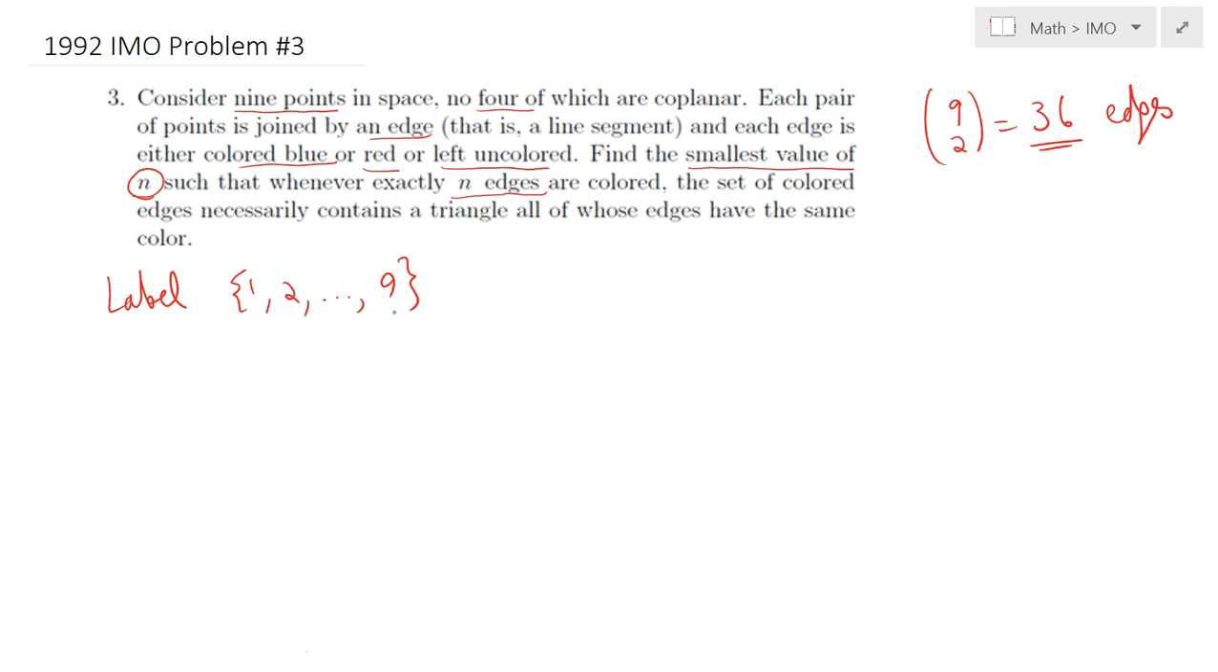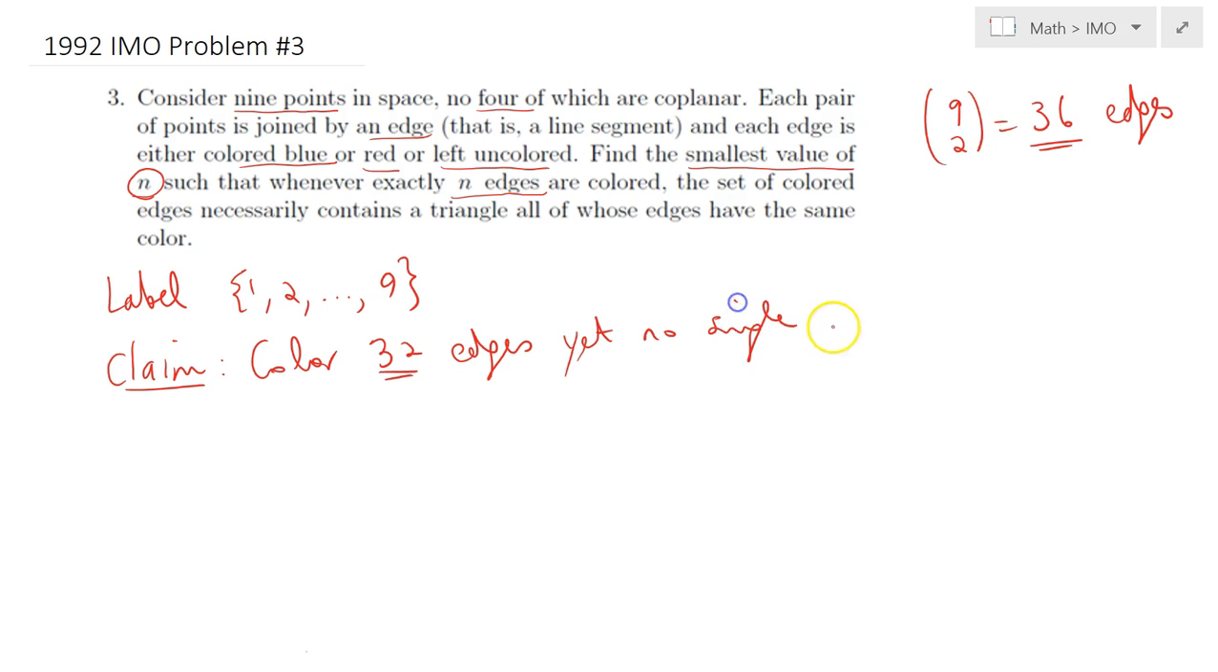and then I would like to find out what is the maximum number of edges that I can color and yet no single color triangle arises out of this coloring, right? So I claim that I can color in fact 32 edges and yet no single color or monochromatic